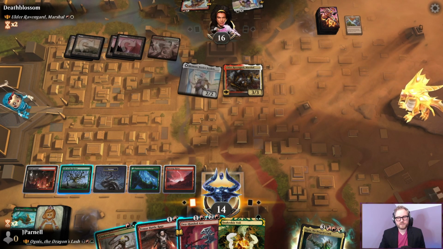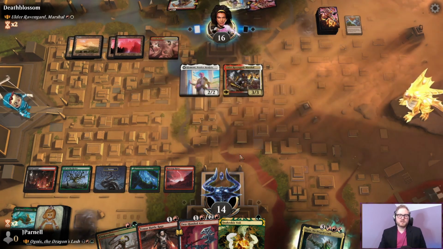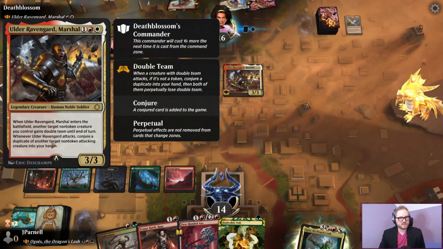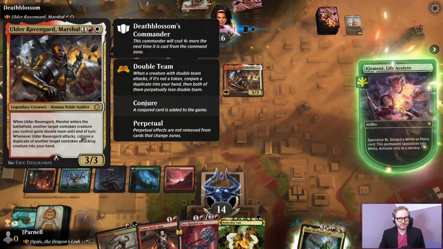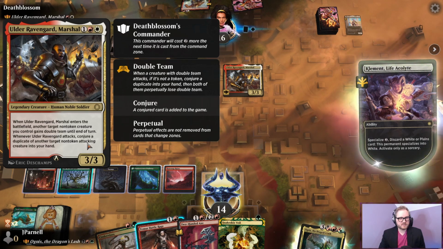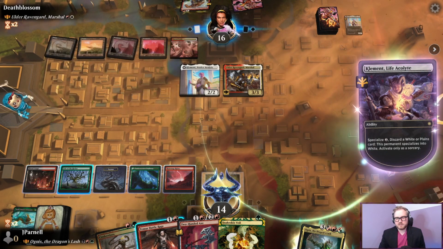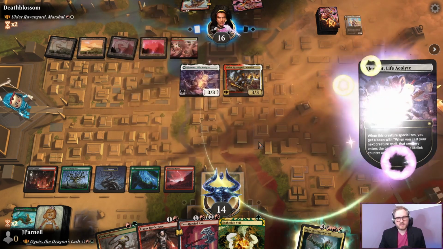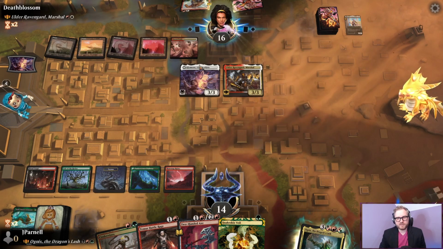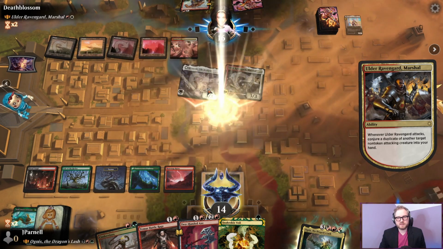Looks like we're going to have a 3/3 blocker. Yeah, so this... I thought this has... I just don't understand. Enters the battlefield, another target creature gains double team. Whenever attacks, conjure a duplicate of another target creature in your hand. But... I'm going to be honest. I don't understand. I thought that... So you get this...